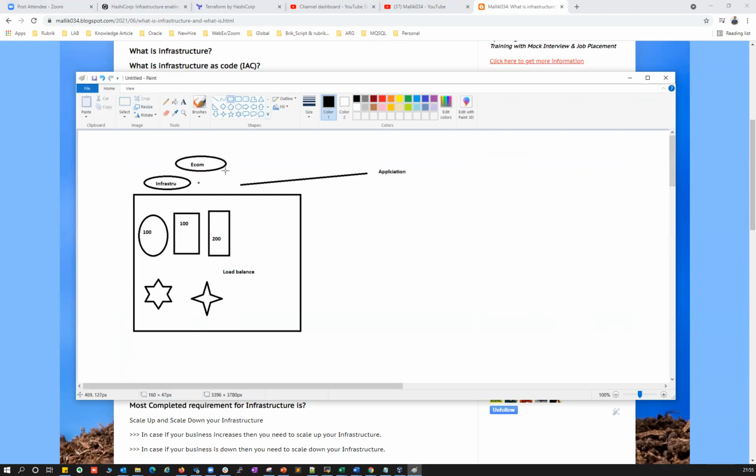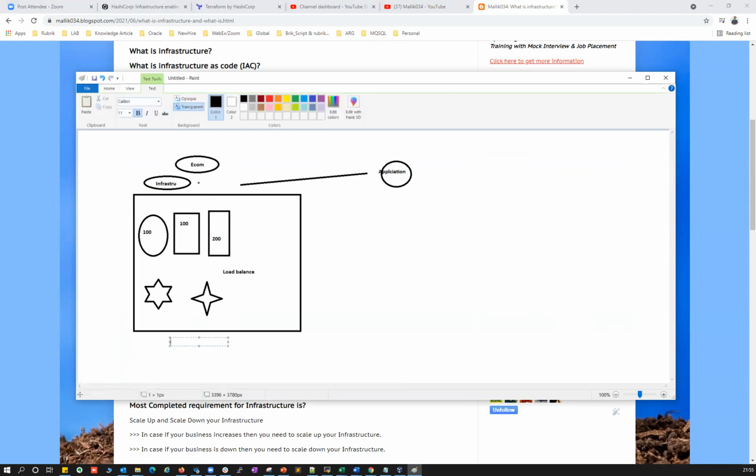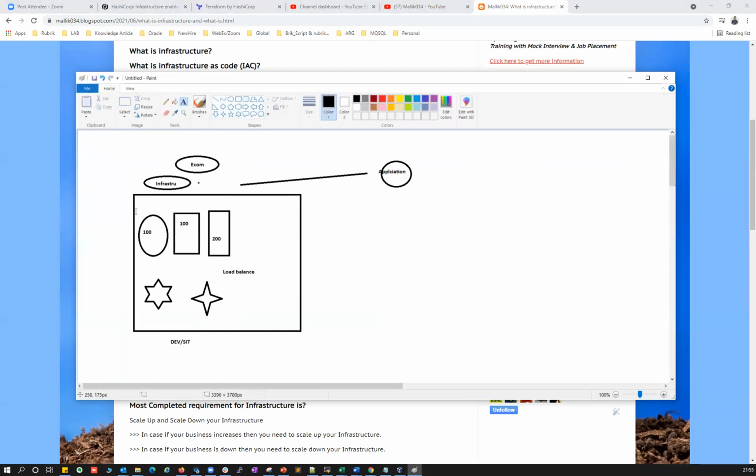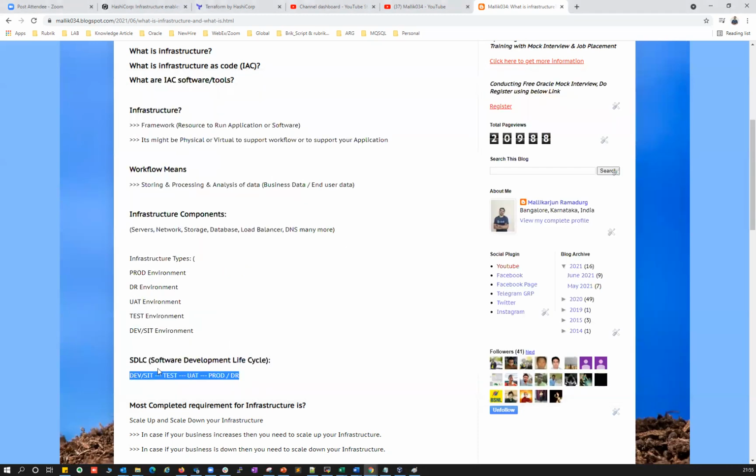If this is my e-commerce website, my e-commerce application I'm building, I need to deploy that application on my infrastructure, on my database or my server. And once the application is built, I need to follow the SDLC lifecycle. So this is my dev or SIT environment, and once I'm able to successfully build my e-commerce application in development or SIT, I need to follow my